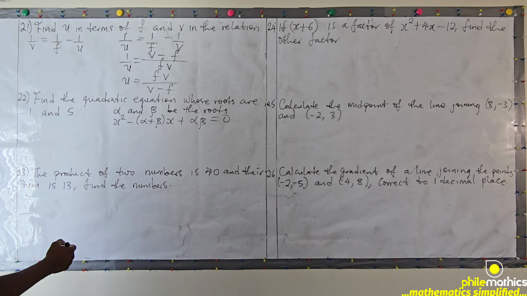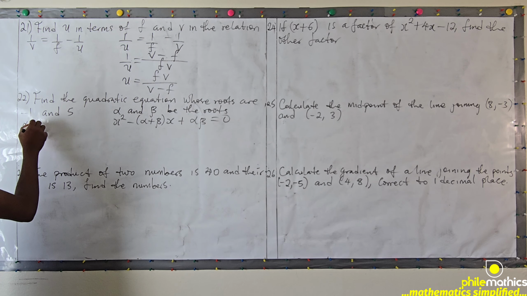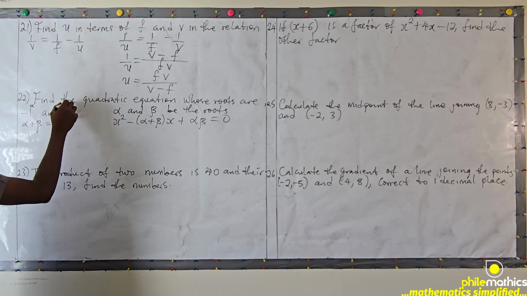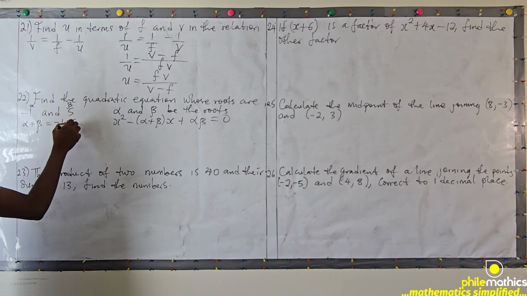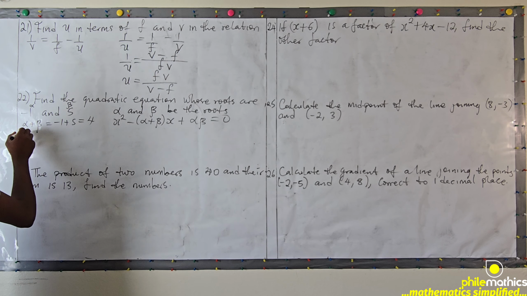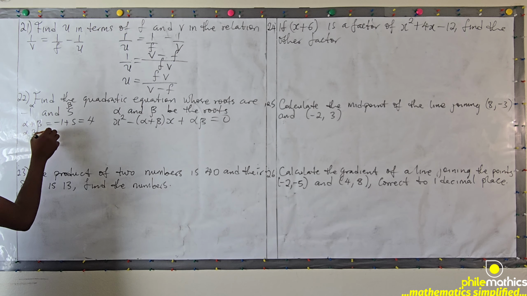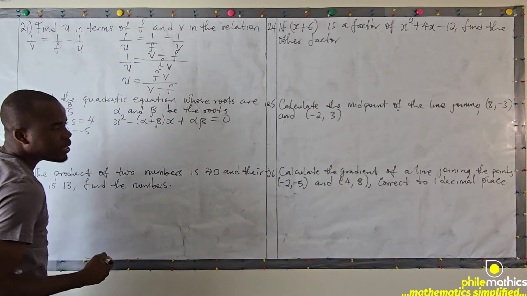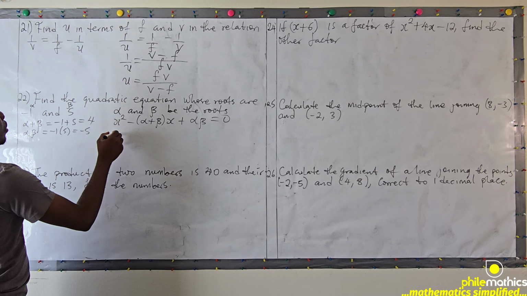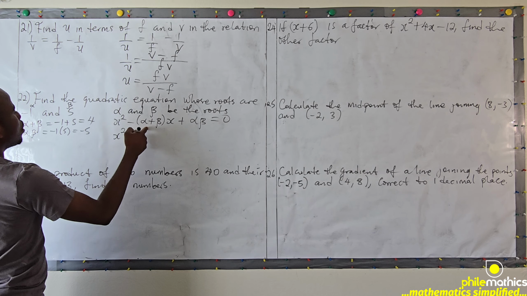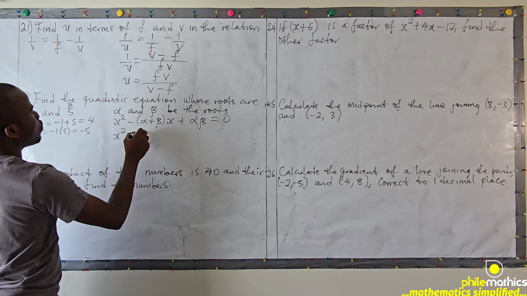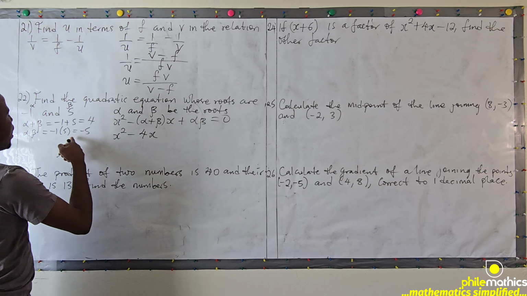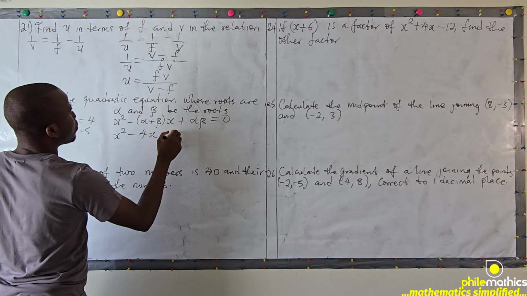So alpha plus beta will be -1 plus 5, which is 4. Alpha beta will be -1 times 5, this is -5. So if we substitute it here, we'll get x squared minus 4x minus 5